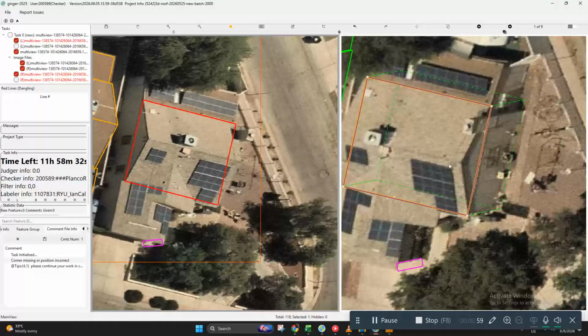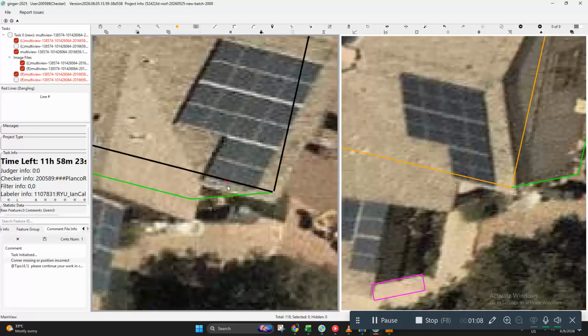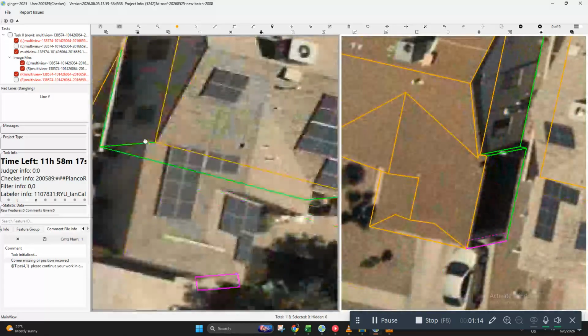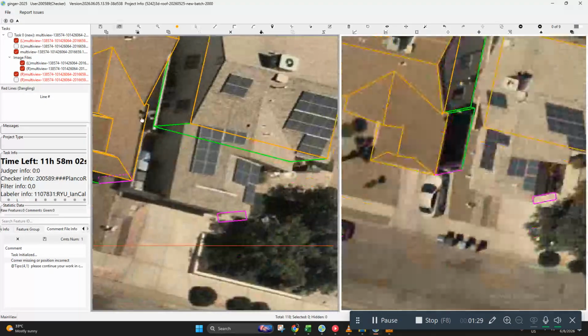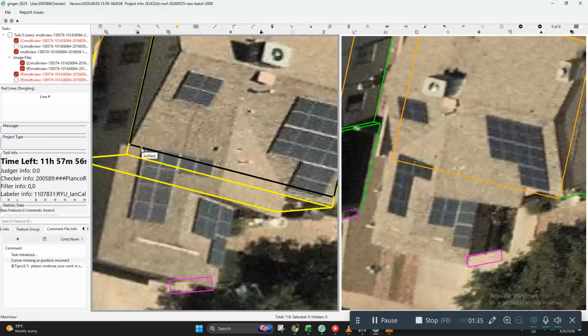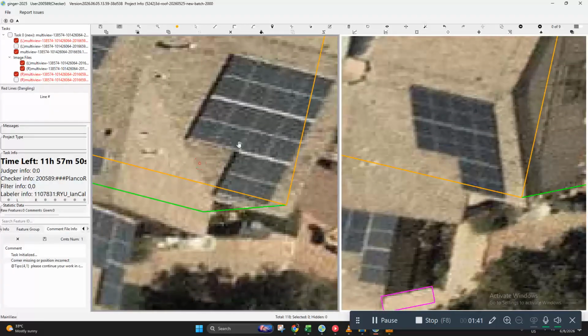After we're done matching, see? If we try to capture this area, we won't be able to match here also. So I think this is correct. Always prioritize the first panel that will match with your base. Like this, if we try to pull, this area won't match our base. So always prioritize the panel that will match with your base, such as this. We can extend our panel later on from this area.